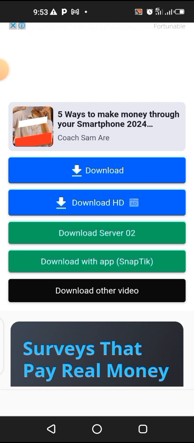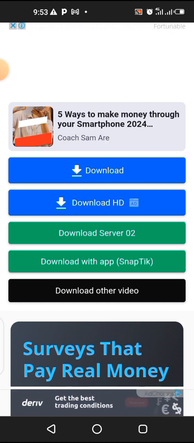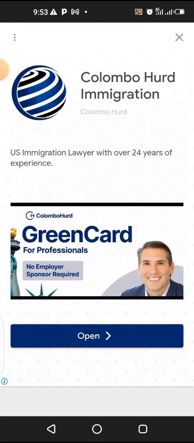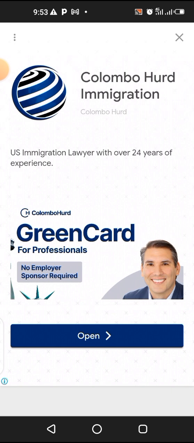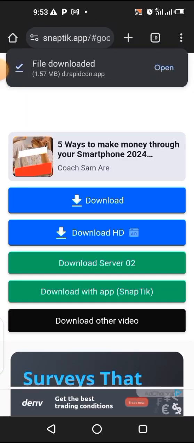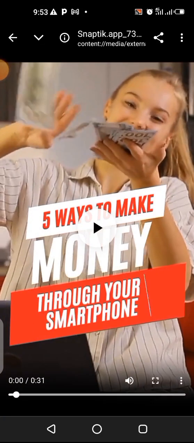When you click on this blue download, or any of the downloads that you feel like using, but let me just click the first one here, and then there's an advert. You can just click this. You can see downloading and it's already downloaded. So let's click it. Can you see? There will be no watermark around that video, so you can enjoy your watermark-free TikTok videos. Now you can share, you can edit, you can repurpose the video without any form of distraction.